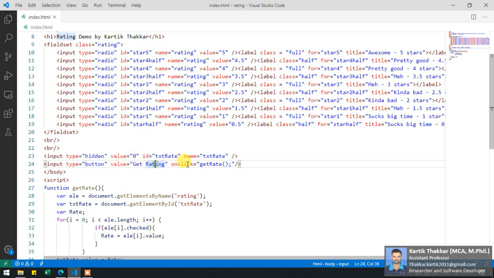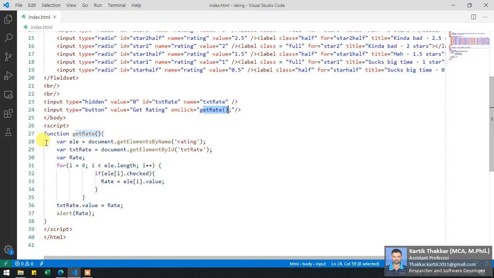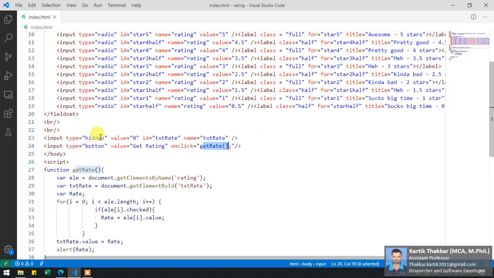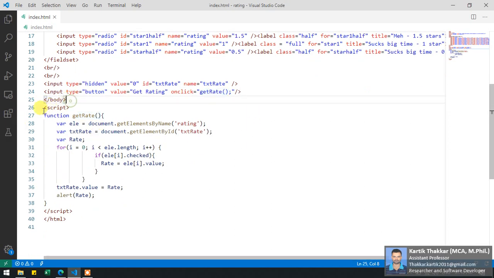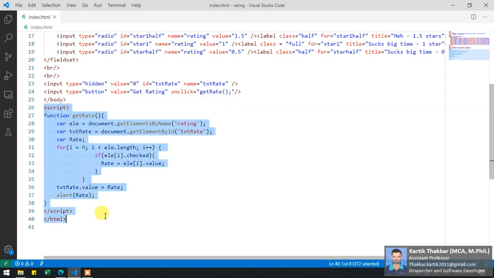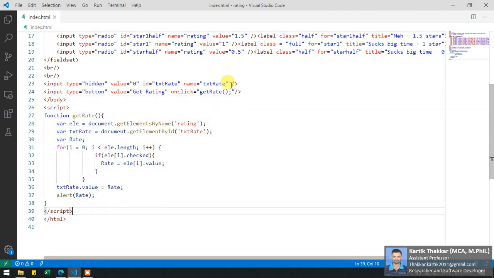And on that button I am just calling one JavaScript method called getRate that I have described here. Okay, and finally I just need to use one JavaScript to get the rating given by the user. So let's just understand this.